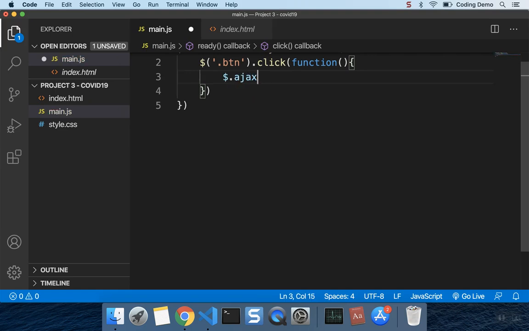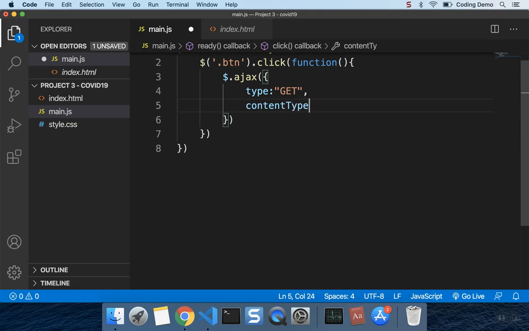So we'll say Ajax, and in here we'll pass the parameters. So the type is GET. The content type we need is application/JSON, so I'll say contentType of application/JSON,